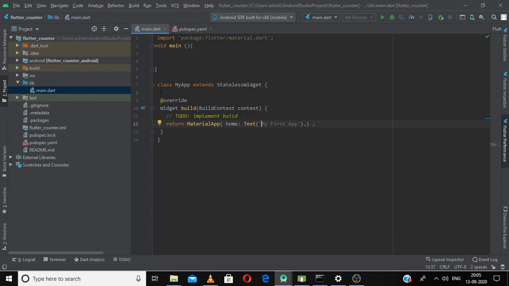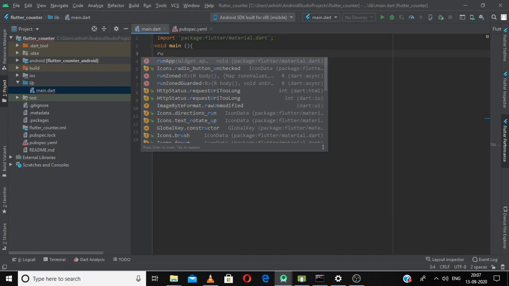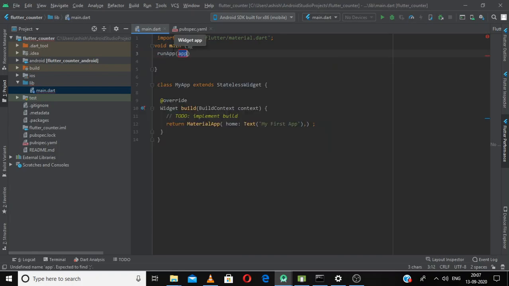And now we have completed the code part of our class. Now we will use this in our main app, main function. At present, all this class code is a passive entity, and to run this, we need another function that is also provided, thanks to this material dot package.